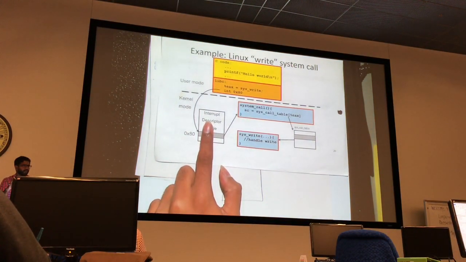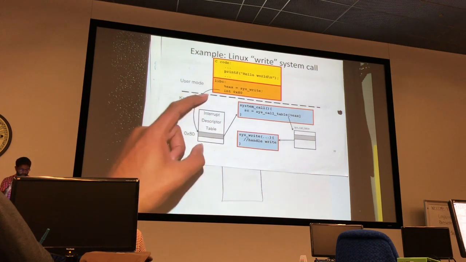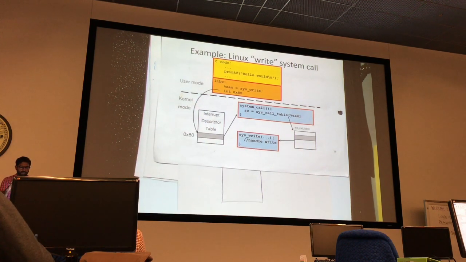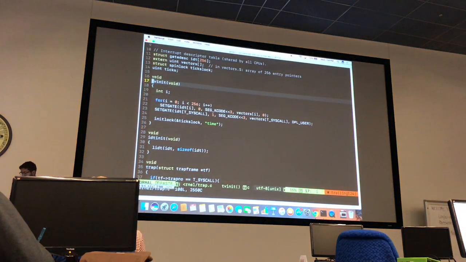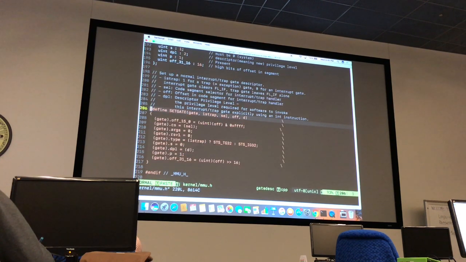Okay, so here in this trap vector or interrupt vector table, in xv6 we have 256 different trap vectors, or 256 different indexes in that particular table. Okay, and it calls some function called setgate. If you go inside these things, these will be bit level manipulations. It specifically sets those memory locations with certain bits in a particular way, so that the hardware, when